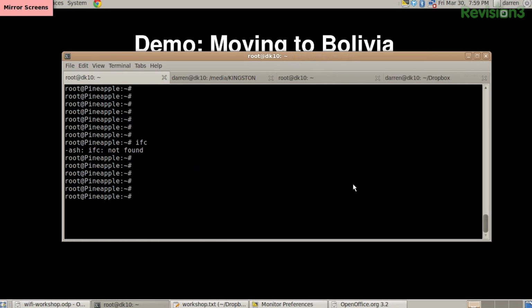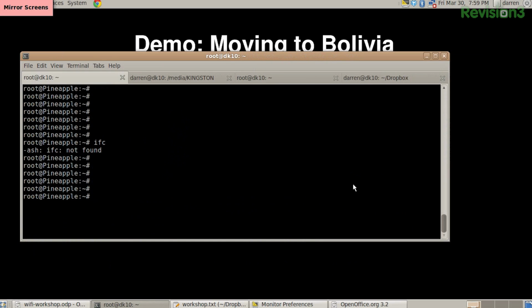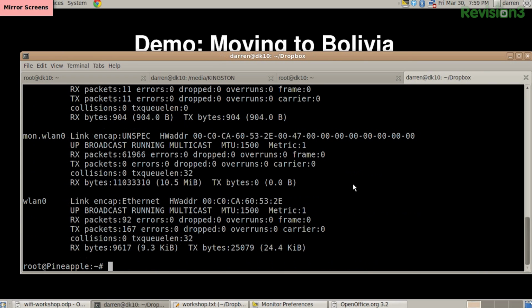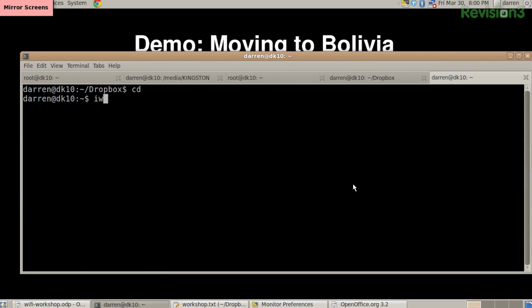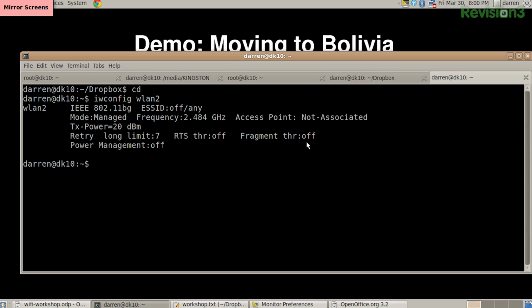I'll come over to another tab. Is that still running? Yeah. I'll come over to another tab and just do iwconfig. Oops, still in the Pineapple. And you can see here that my TX power is 20 dBm. If I try to do